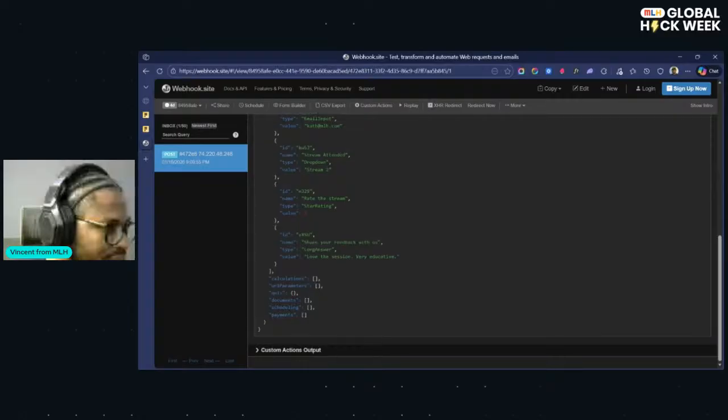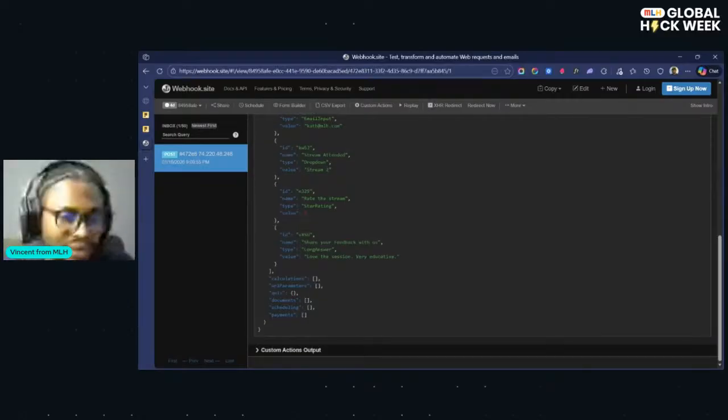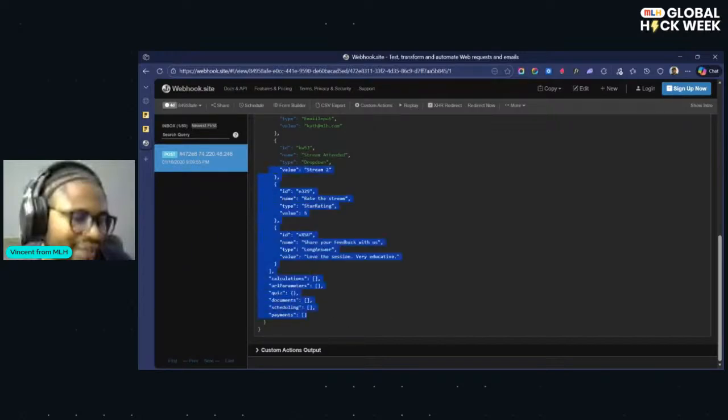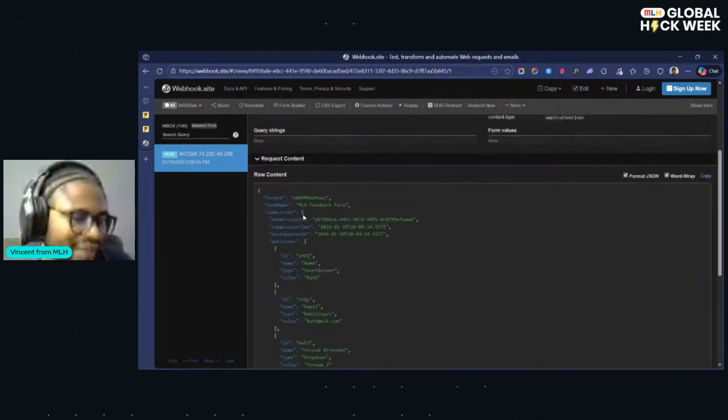This is just me showing an example of how we can consume APIs as well. In the form, the form is being filled and the data is living on the form platform, but you can also send that from that platform to your own server or database or wherever you want through an API. At the end of the day, it's going to come in JSON format, and you can programmatically pick it up however you want.